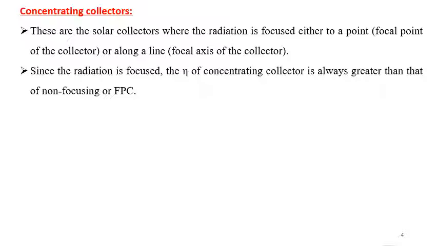A focusing collector is a device used to collect solar energy with a high intensity of solar radiation on the energy absorbing surface. Such collectors use an optical system in the form of reflectors or refractors. A focusing collector is a modified form of a flat plate collector, introducing a reflecting or refracting surface, or concentrator, between the solar radiation and the absorber.